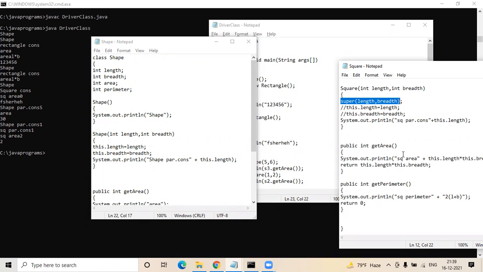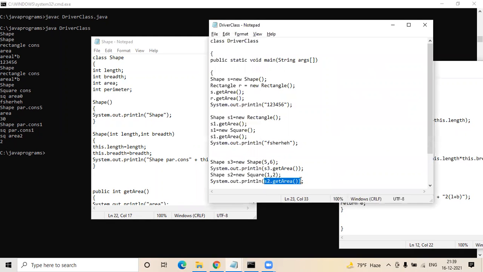The second thing, this is as part of your parent class. Now as part of your child class, you have the square parameterized constructor, and then you have the respective length which got printed in the second line. And post that, when you're invoking the area, you're just doing the calculation and printing that. So here you have this square area, and you're printing the length here, the area here, and that is where you got the output here.